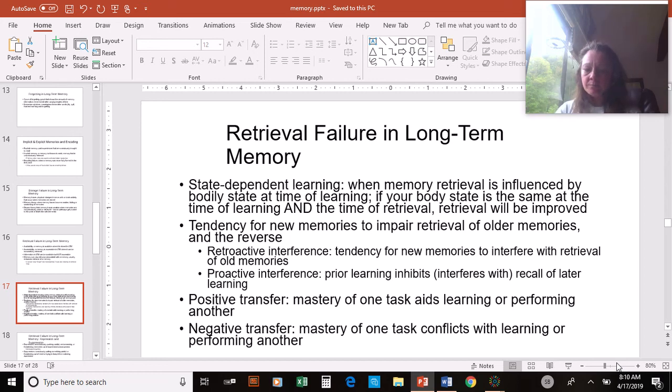That's positive transfer. And then sometimes we have negative transfer, which is where you have a task that will conflict with learning or performing another task. I would say negative transfer tends to work more when we are in fixed mindsets, when we have consciously told ourselves that we're not going to learn something. We know the way it's going to be done, and even if there is a more efficient and better way to do it, we're not going to budge. We're right, and we're just not going to do it. That would be negative transfer.